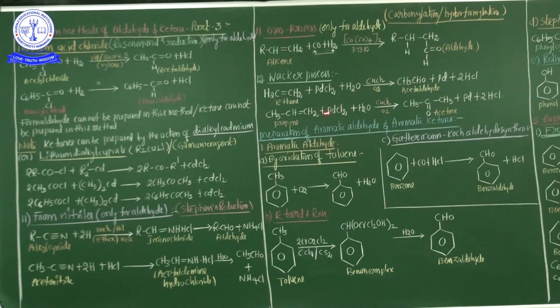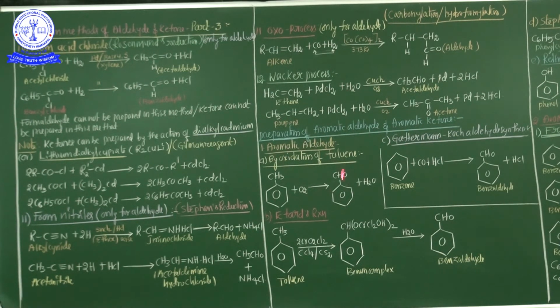Next, propene is treated in the same equation, but here the hydrocarbon is changed. Above, ethene is there; below, propene. Propene treated with PdCl2 and H2O, acetone is formed. And the most important point: through Wacker's process, acetaldehyde is formed. So recently, whenever you prepare acetaldehyde, this is the best preparation method. So I successfully completed the general preparation methods of aldehydes and ketones. Up to here, up to Wacker's process, I completed preparations of aliphatic aldehyde and aliphatic ketone.